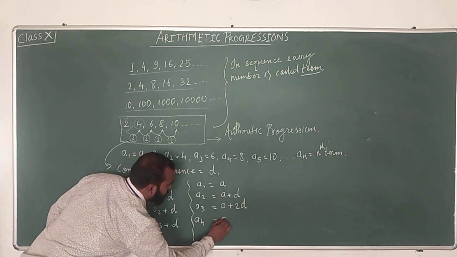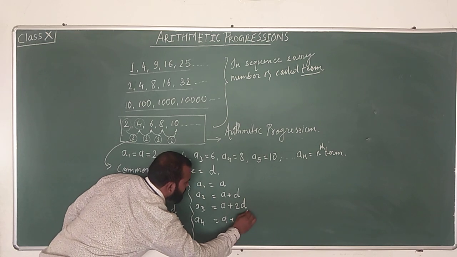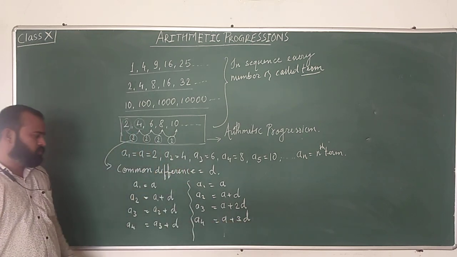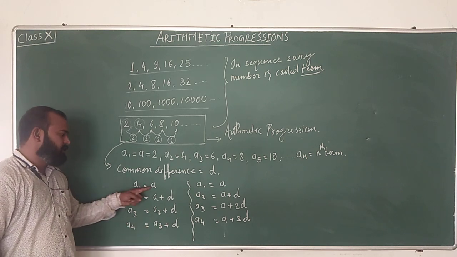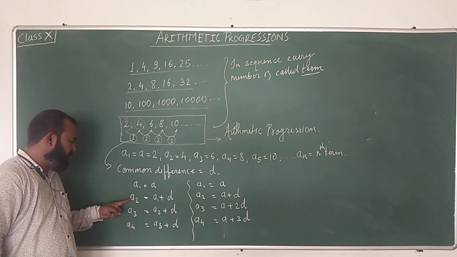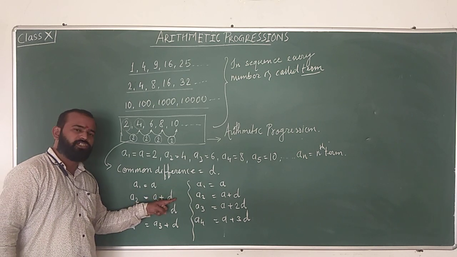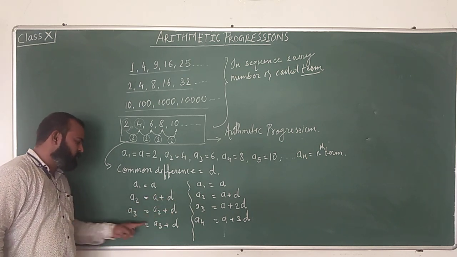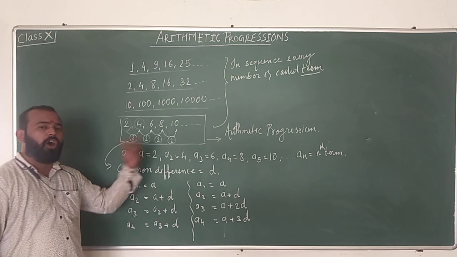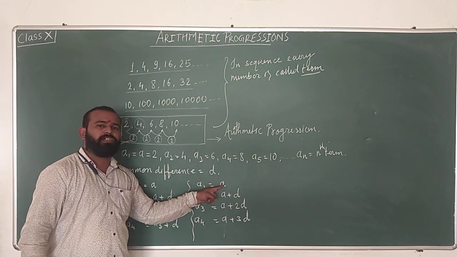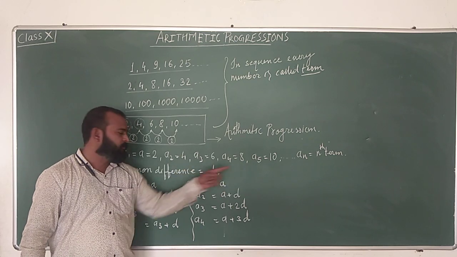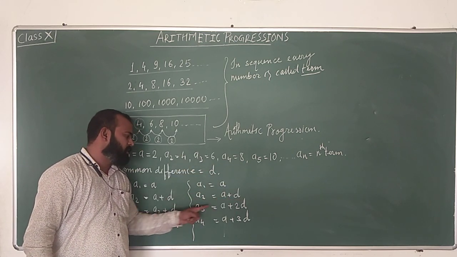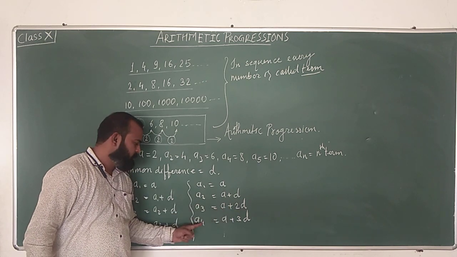a4 is given by a plus 3d. See, and so on. So a1 is always a, a2 is given by a1 plus d, a3 is given by a2 plus d, a4 is given by a3 plus d, or a1 is always equal to a, that is first term. Second term can be taken out by a plus d, third term a plus 2d, fourth term